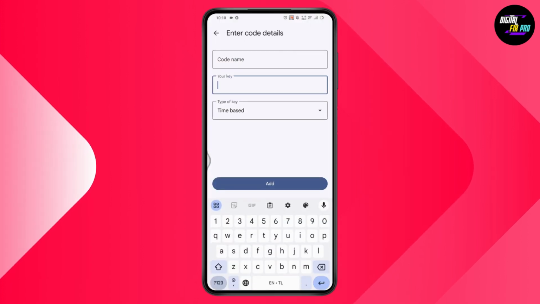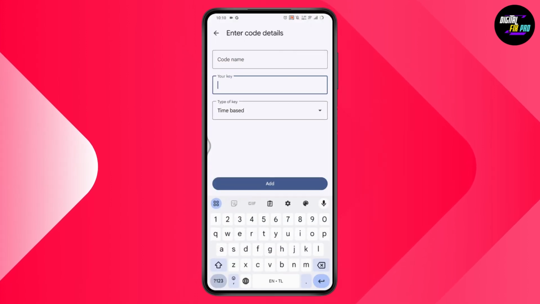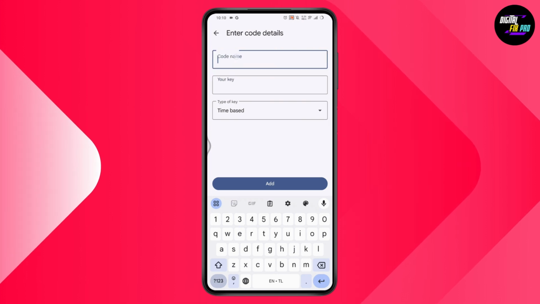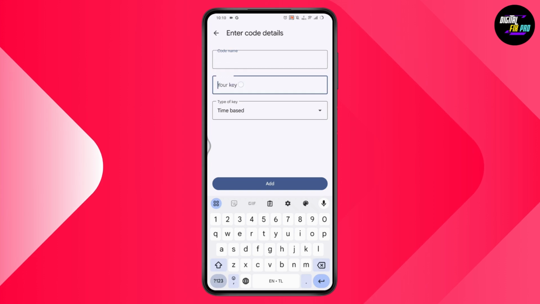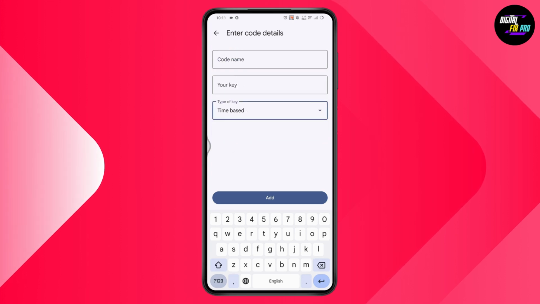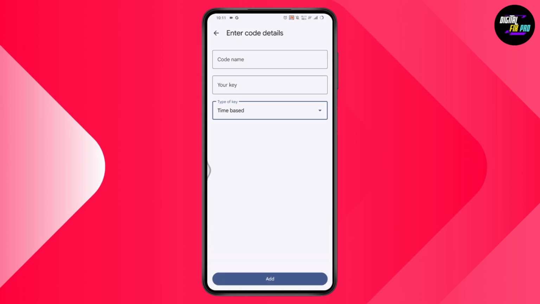So you can simply go with enter a setup key, and then you can enter your key and you can give it a name. For example, if you have the authenticator code of Facebook, then you can go with the code name and then you can add Facebook code and enter your 16-digit key, and then go with time-based or counter-based. So I'll be choosing time-based, and then tap on add,